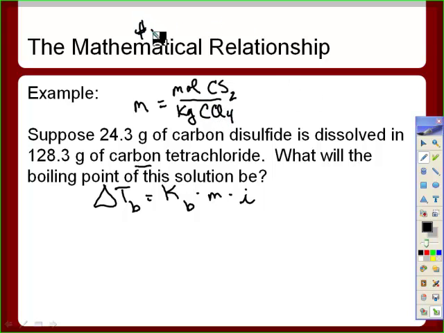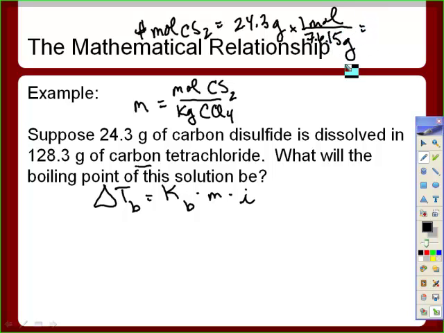So the number of moles of CS2 would be 24.3 grams, and the molar mass of carbon disulfide is 32.07 times 2 plus 12.01. That gives me 76.15